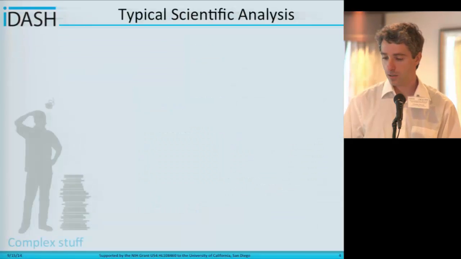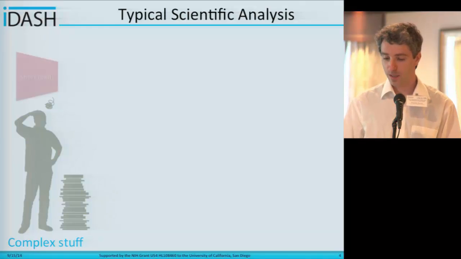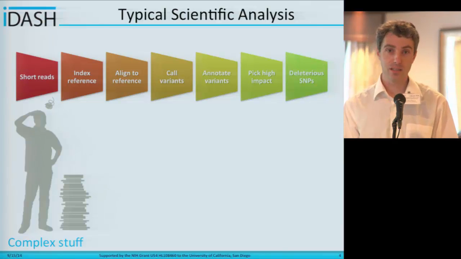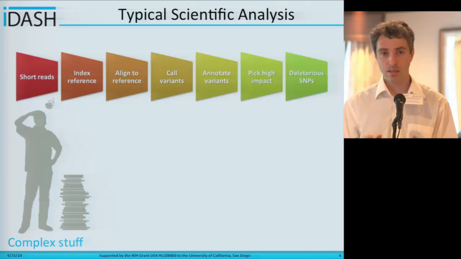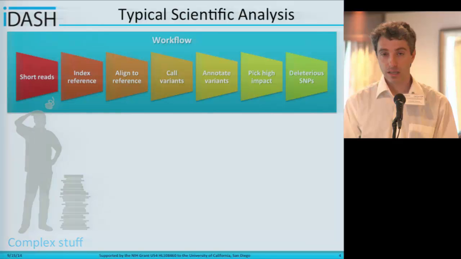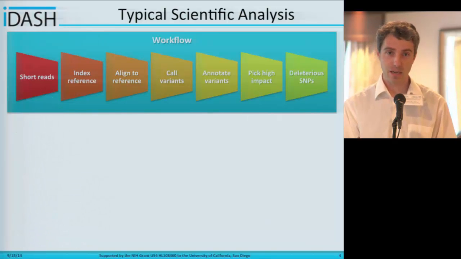So let's look at a typical scientific workflow. It's typically complex and it takes a lot of time. So you have an idea, you start with some raw data, it's in red, you're doing some incremental refinement until you have something that is publishable, the green stuff, and you think you have nailed it down after a couple of iterations, and this becomes internal knowledge in one of the labs. You typically put it together, and this is the workflow. And there is complex stuff which is no longer so complex in your lab, but it's still complex